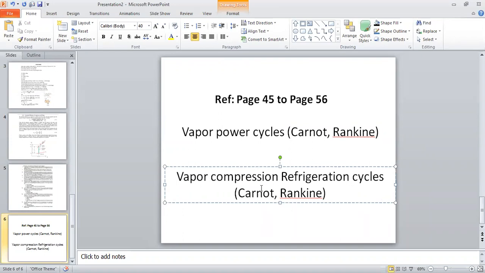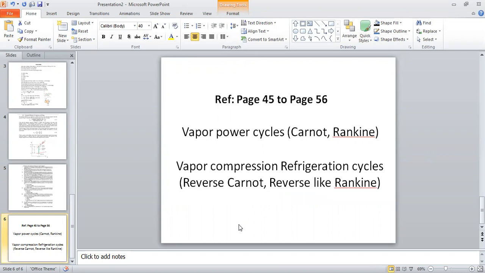So that is reverse Carnot and of course reverse like Rankine. Reverse like Rankine. So you know about this well. Reverse Carnot and reverse like Rankine. So why should I say so is,